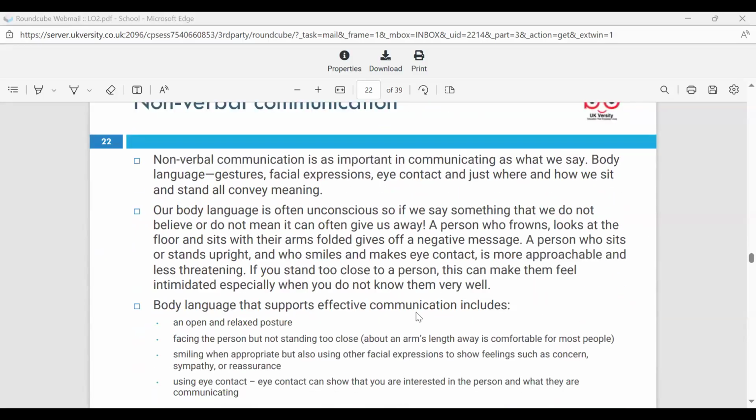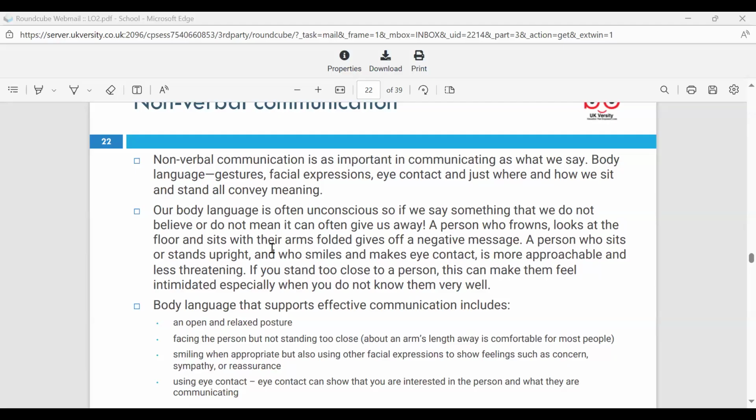Non-verbal communication, and I think this is the best one for me, to be honest. It's important when you're communicating, where you have your facial expressions and you're sending information without using words. So it could be your language, your facial expression, your eye contact, gestures, or the tone of your voice. It might be that you're bored and you're sitting there rolling your eyes.